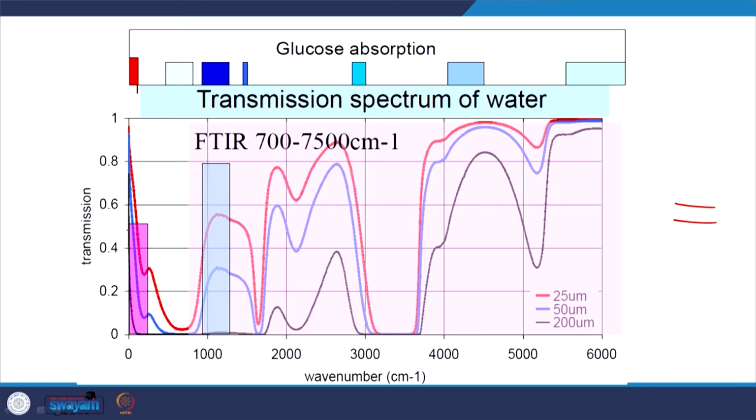These shaded regions are the glucose absorption regions. So, you can see that there is a fair match around 1000 and these wavelengths, where you can have glucose absorption, and from the FTIR spectrum you can see the peaks here to determine the